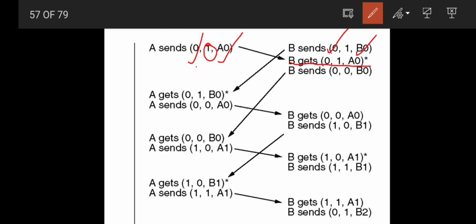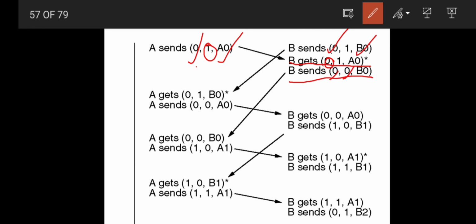After some time, the frame from A is received at machine B. So B will check whether the sequence number is the same as the one I am expecting. Yes, sequence number 0 is the one I am expecting from A, so this frame can be received. This frame will be handed over to the network layer in B, and it will send back an acknowledgement. Can B send the second frame to A? No, because it has not yet received an acknowledgement for its frame 0, right? So it will just send frame 0 again.